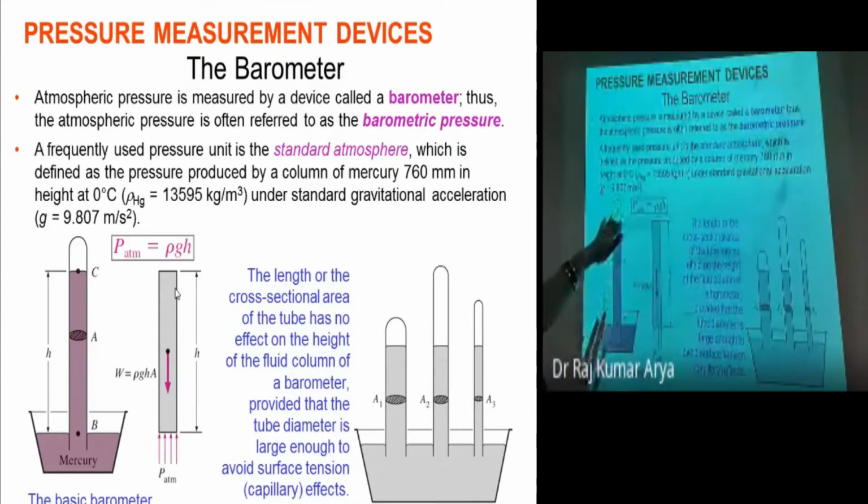So here you are maintaining a perfect vacuum, and this is how you are balancing. You are putting the pressure force from here, and this you are balancing by the fluid weight, by rho g h only. That is the simple calculation here.